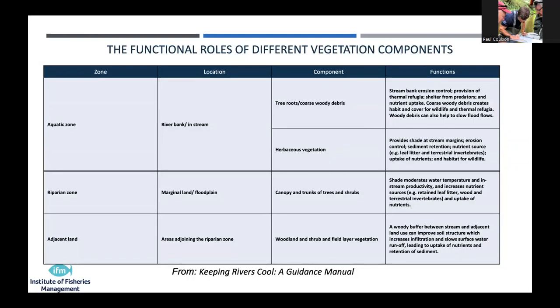And as you move away from the river and from the banks, out into that riparian zone and then into open land, it's still adding value. Particularly when it comes to things like shade. We've found that with keeping rivers cool, shade is really important. And then also the material the trees are adding, the nutrients they're adding into the rivers, helps again with feeding the invertebrates, which in turn feeds the fish, and then we get that nutrient shift through the system.